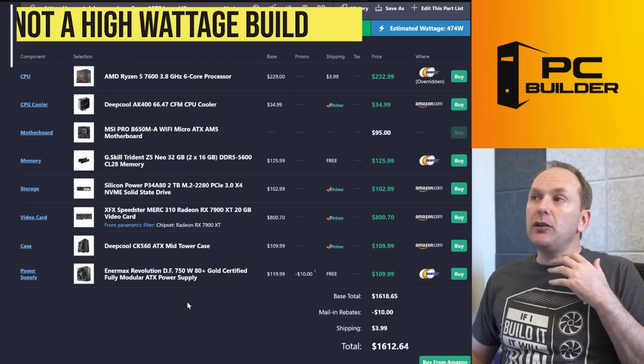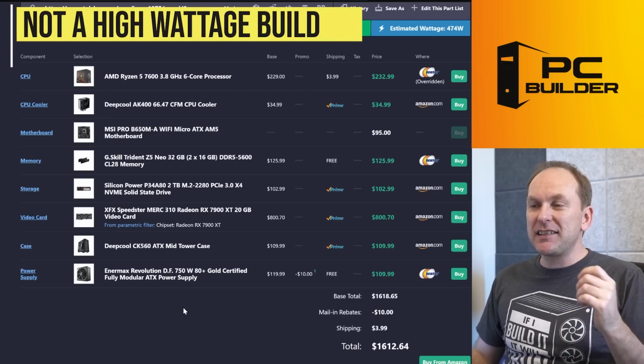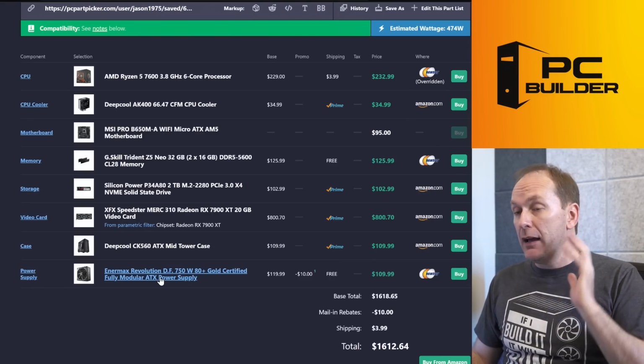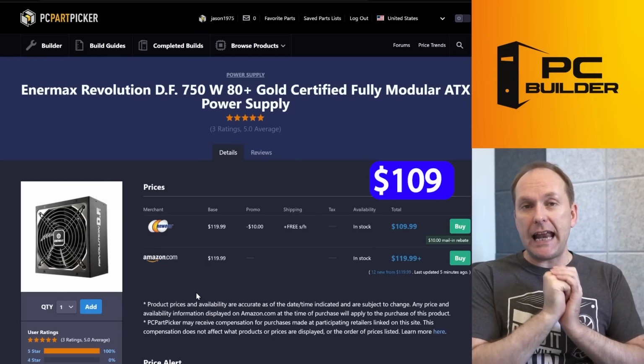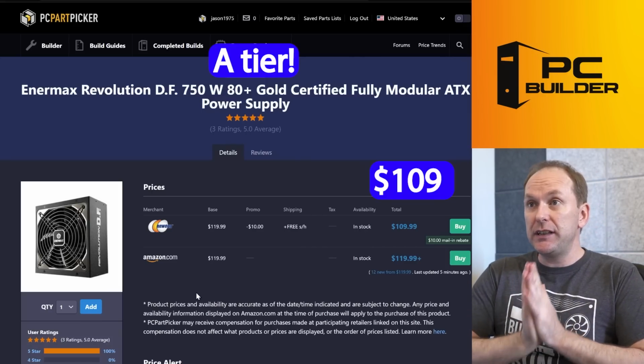For the power supply, really don't need a lot of wattage. It's a great thing about using a Ryzen 7600 and the RX 7900 XT, especially now with the new driver updates, or the 4070 Ti. Relatively power efficient cards now with their newer driver updates on them. And for $109, we get an A-tier rated 750 watt PSU Enermax Resolution DF. All told for